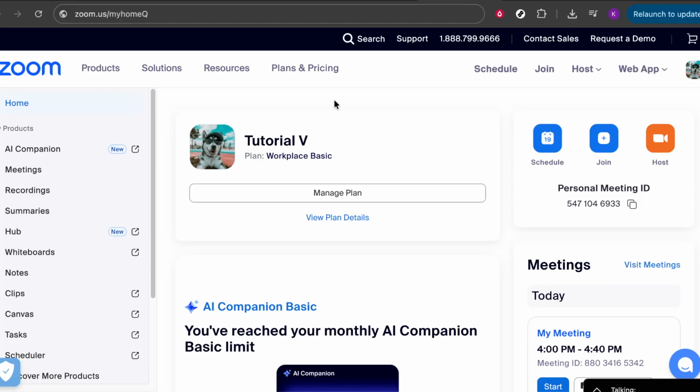After you've clicked on Meetings, look for the specific meeting you want to share. Find your scheduled meeting and click on it to bring up more options. Once you've opened the meeting details, click on the Edit button. This action allows you to make any necessary changes or updates to your meeting settings before sharing. While editing, consider checking the basic details like the time, date, and additional settings to ensure everything is just right